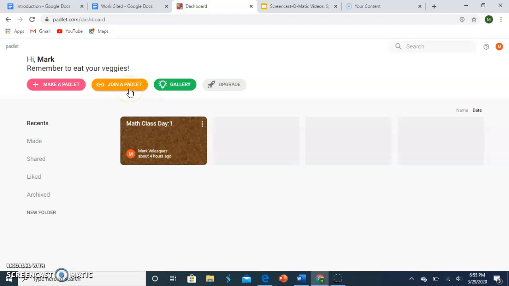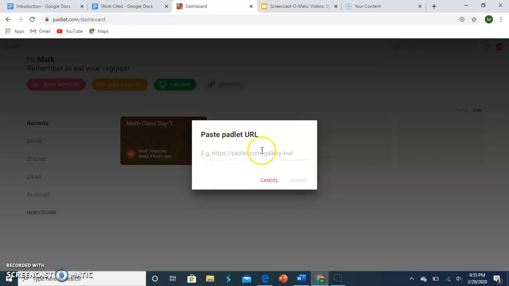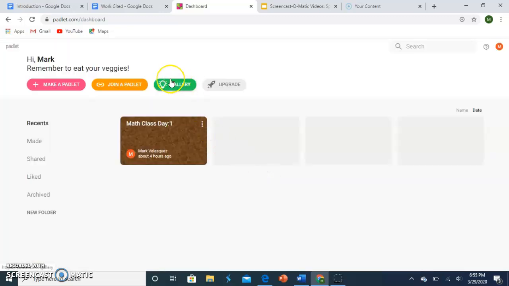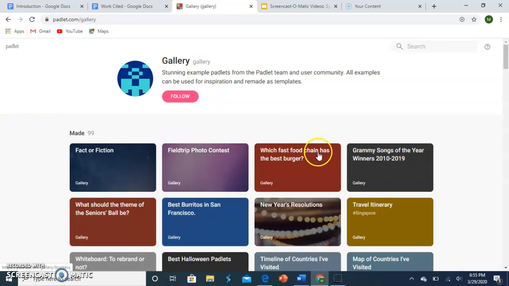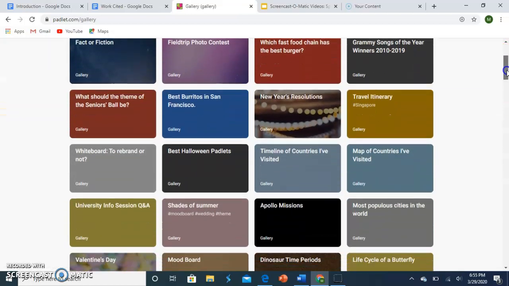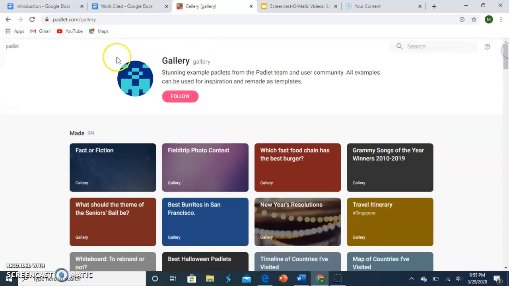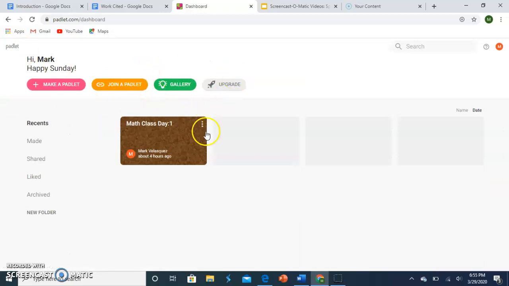So a little brief explanation of what they are. Join a Padlet, you'll have to paste a URL that someone has shared with you to join a Padlet, and then you'll see gallery. Gallery is like a little jump starter for you to see what you want to do and how you're gonna do it. And to go back to the home screen, you'd want to hit Padlet, and it'll take you back to where your home screen's at. And then you have upgrade. We're not gonna be worrying about upgrade today, so we're gonna make a Padlet,